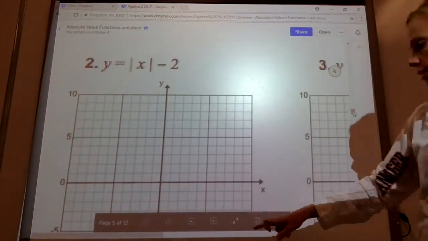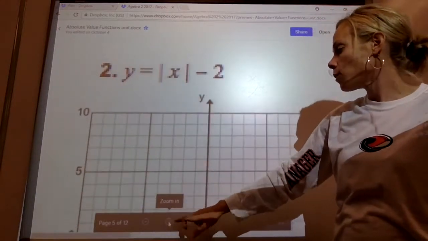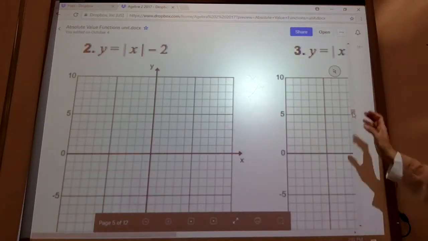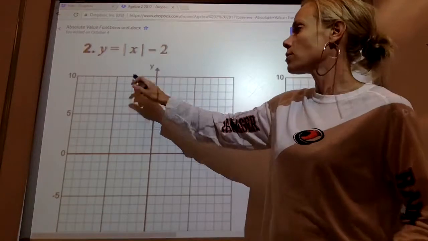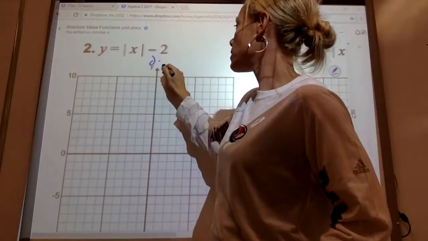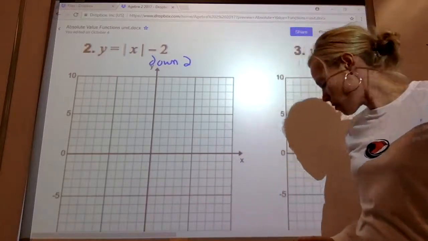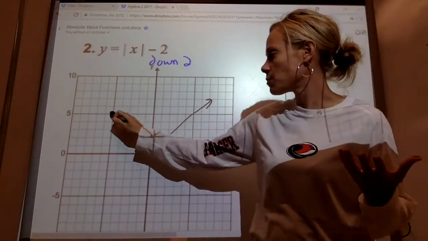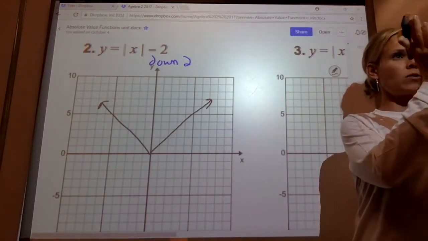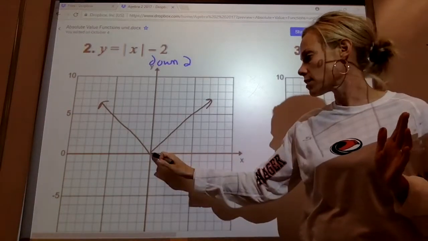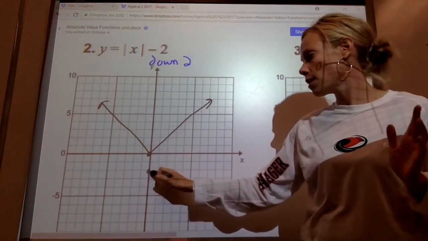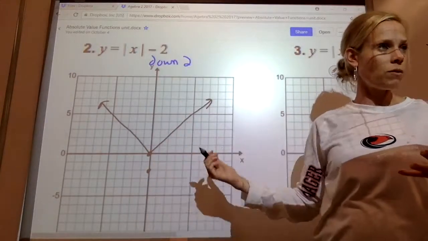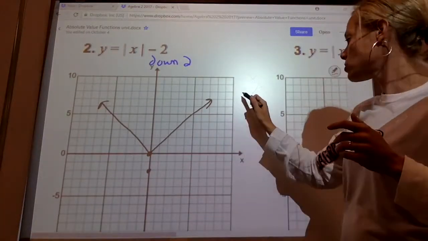If I'm subtracting outside the absolute value, what kind of transformation is that? What would minus 2 outside the absolute value be? Down 2. It's going to match the k, so that would be down 2. What I know is that my parent function looks like this, my parent function of absolute value. If I'm going to take this absolute value and go down 2, my vertex now from 0, 0 is going to be 0, negative 2. So I know just by looking how I move left and right, up and down, where my vertex is going to be. But then to find points to graph,